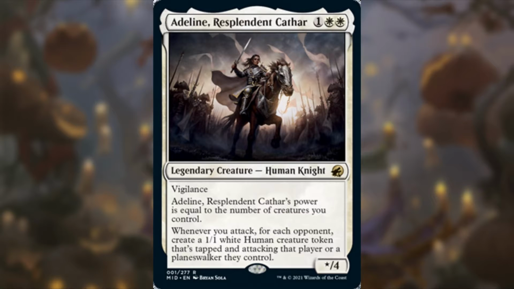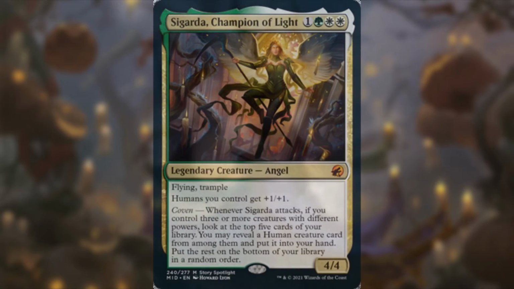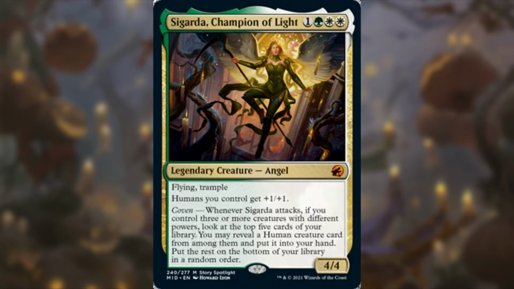Also, we're adding Sigarda, Champion of Light. Yes, I know this is not a human. This is the only angel besides the other Sigarda in this deck. Everything else is a human. Sigarda, Champion of Light is 1, a green, and 2 white for a 4/4. She's got flying and trample. It's got humans you control get +1/+1, and a Coven that states